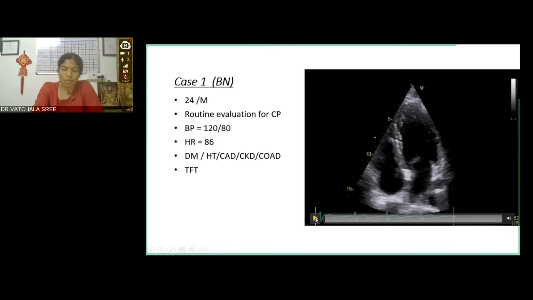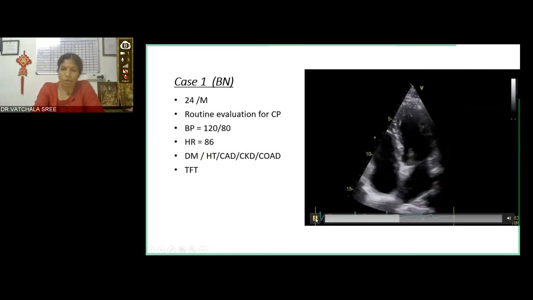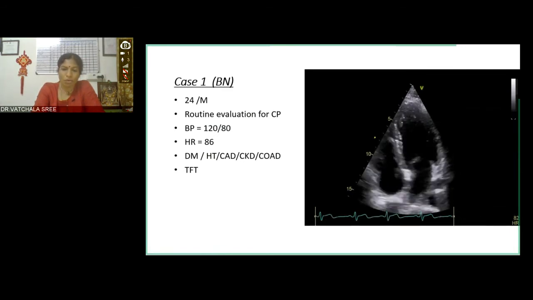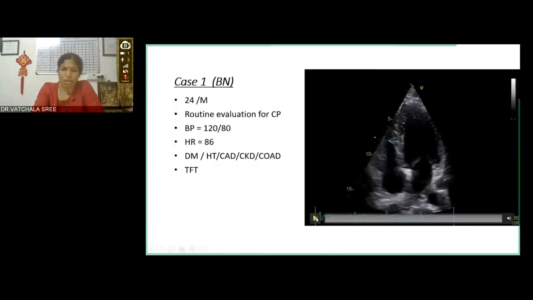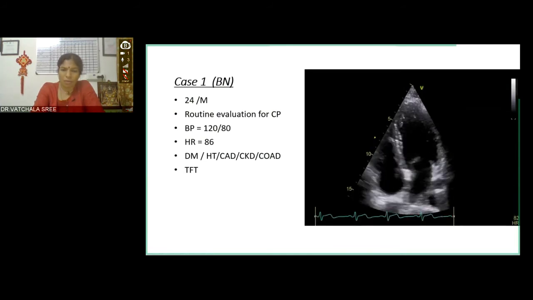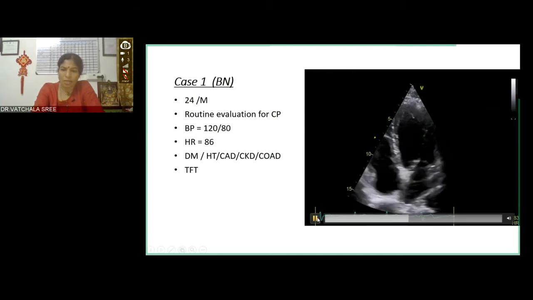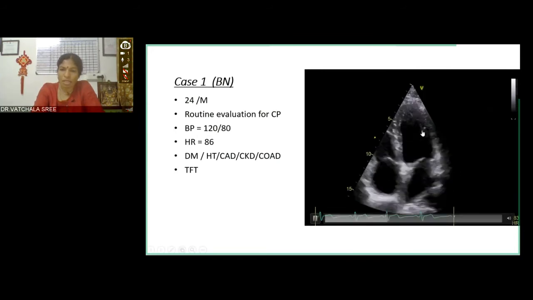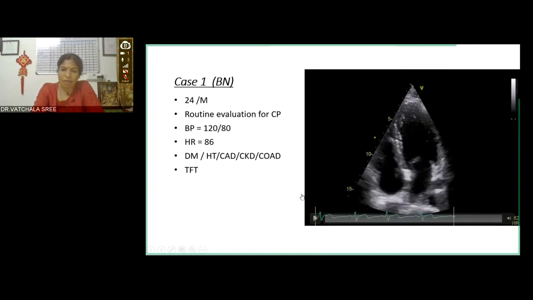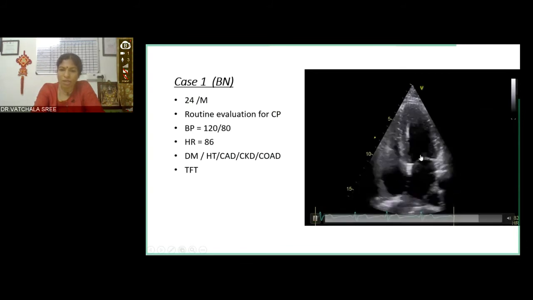So this is a young chap, about 24 years old male, who actually came for a routine chest pain assessment. He doesn't have any other problem. His blood pressure is normal, heart rate is normal. He doesn't suffer from any chronic conditions that we discussed earlier, like diabetes or hypertension or CKD. And as I mentioned earlier, the 2D image is normal. The LV is contracting well. There is no regional wall motion abnormality, and the LA size is normal, mitral valve opening well,